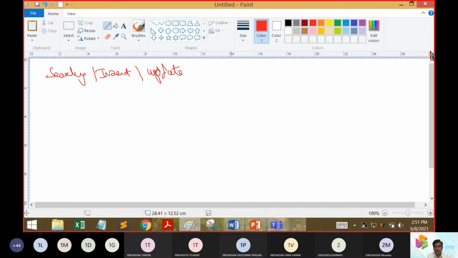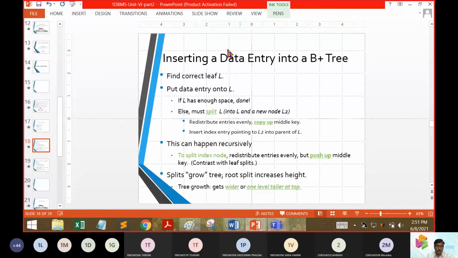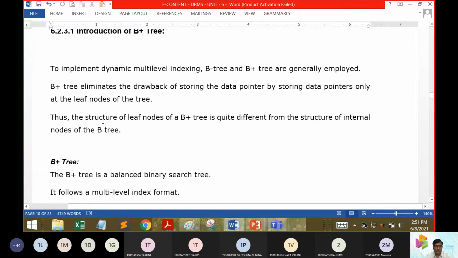So these are the 3 primitives we were invoking. Now there is some algorithmic part which needs to be understood, how an insert is taken up, how a delete is taken up, etc. Before that, we have some interesting aspects of the B plus tree.